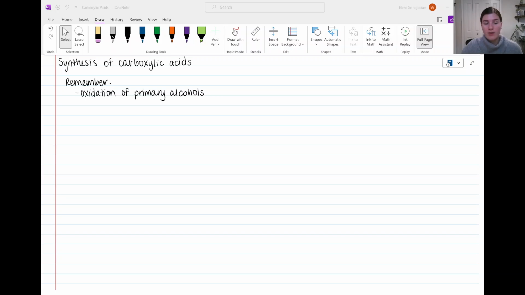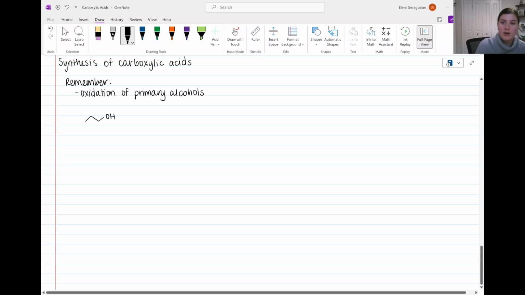In this video, we'll cover a couple of different ways to synthesize carboxylic acids, and we've actually already talked about one method to synthesize a carboxylic acid, but we could do this with a couple of different starting materials. So the first was showing the oxidation of a primary alcohol. So if we have something like propanol,